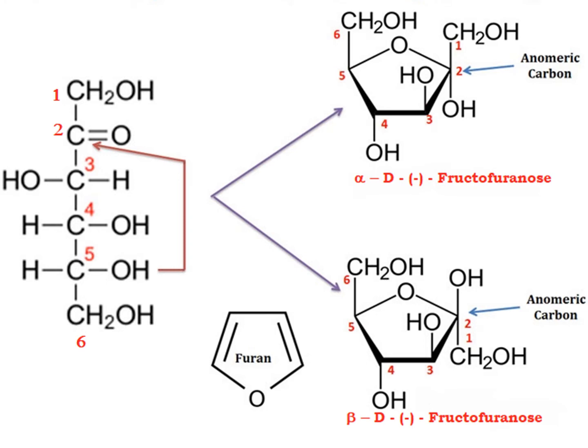Now students, again over here you can see the bulky groups. When the bulky groups are on the same side, it is alpha, and when the bulky groups are on different sides, it is called beta. So in the alpha configuration, CH2OH is one bulky group and OH is another bulky group, and both are on the same side. That is why it is alpha-D-fructofuranose. Whereas over here, CH2OH and OH are on opposite sides in beta-D. That is why it is called beta-D-fructofuranose.